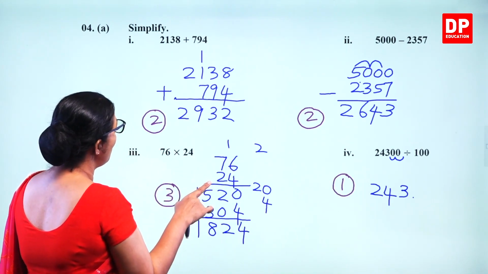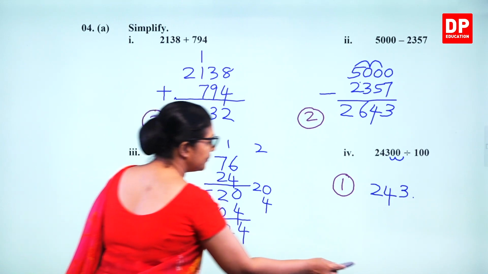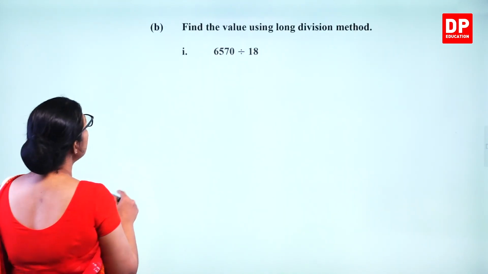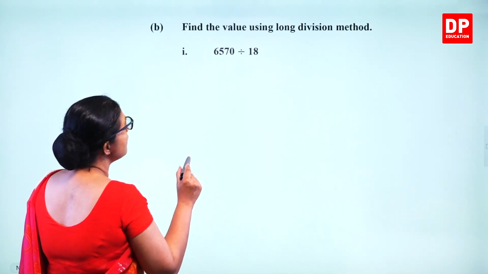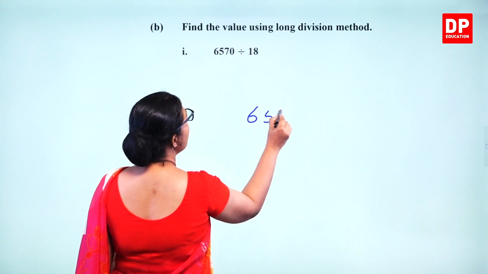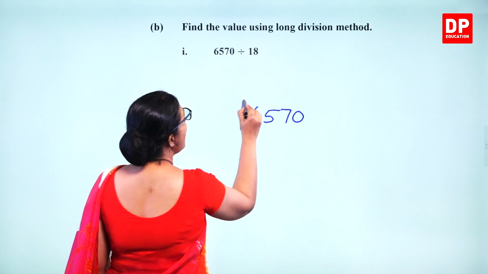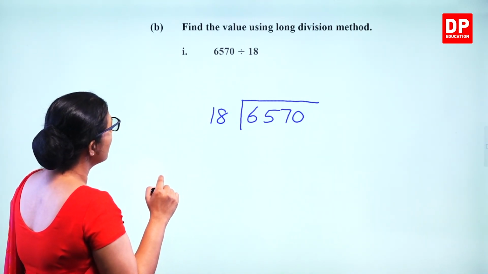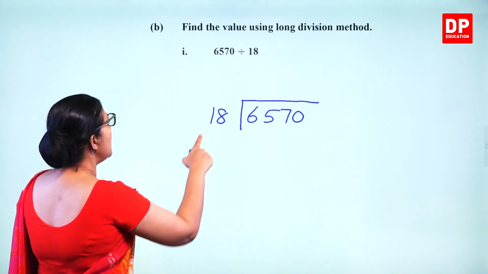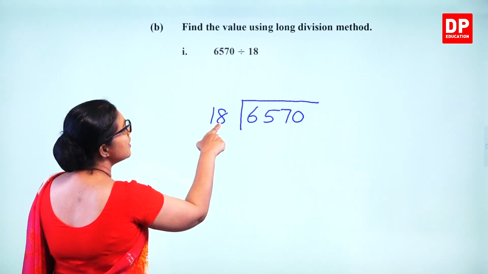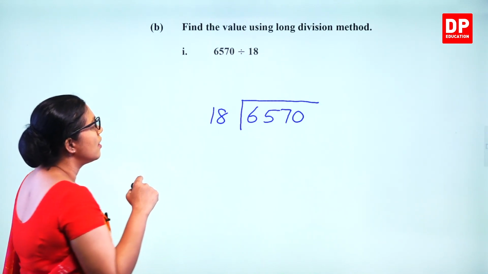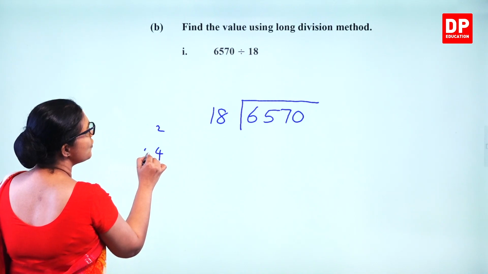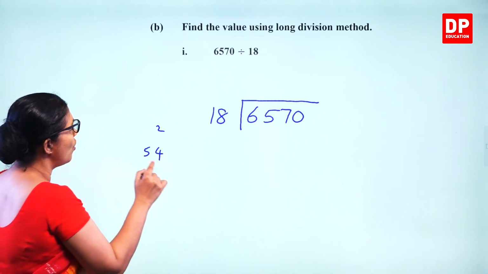So here 4, 5, 6, 7, 8. And next part, find the value using the long division method. 6,570 divided by 18. So what's the value? 18 times 3, 54. 4,